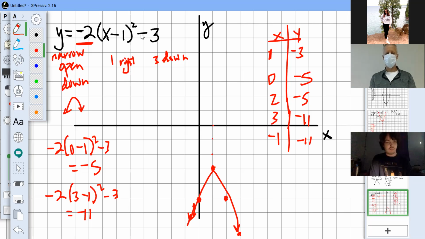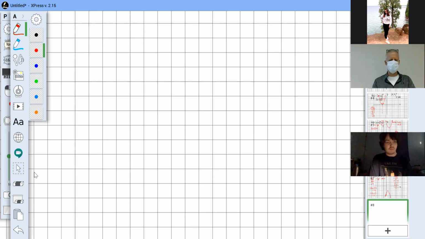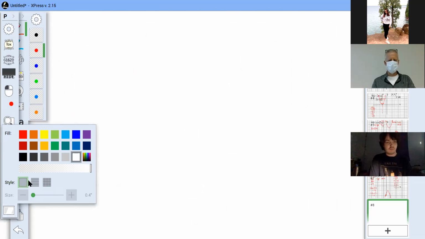Now, I want to show you, before I get to anything else in this section, which is just a whole bunch of the same thing. There's not much of anything. Well, there are some graphs, and we'll talk about that. It's just knowing what the graph should look like based on the value of a, but I'll get to that in a second. Okay, what I want to show you is